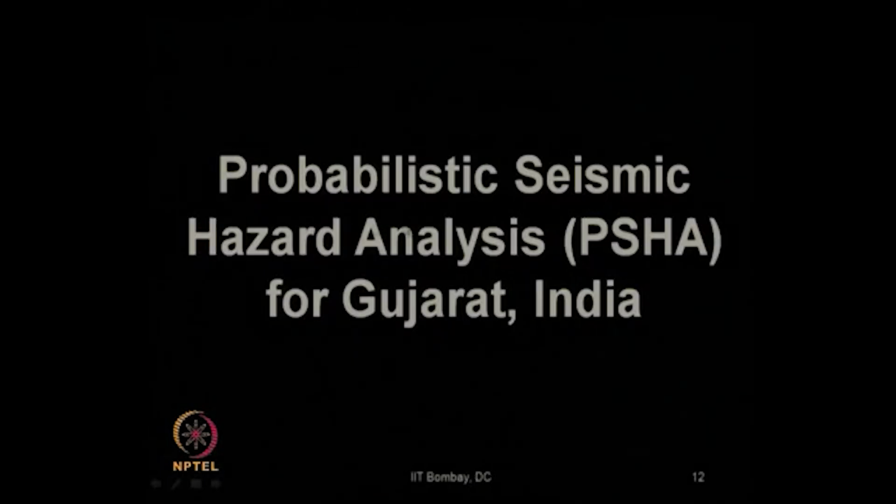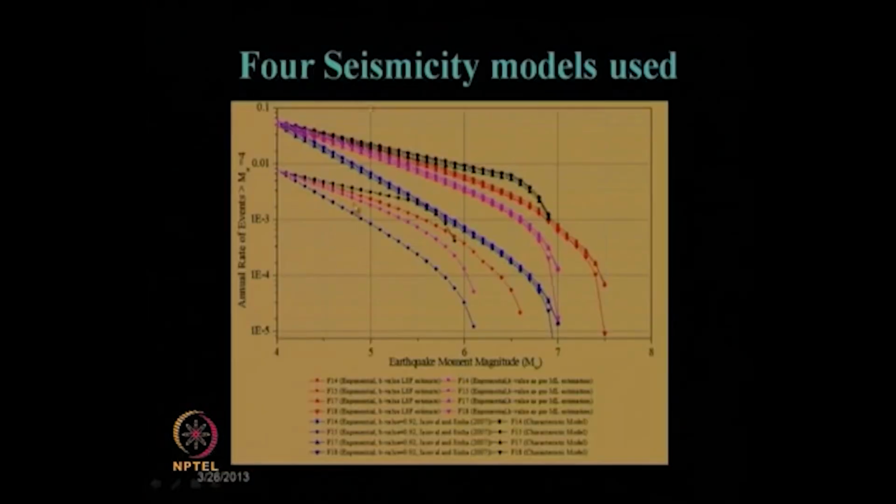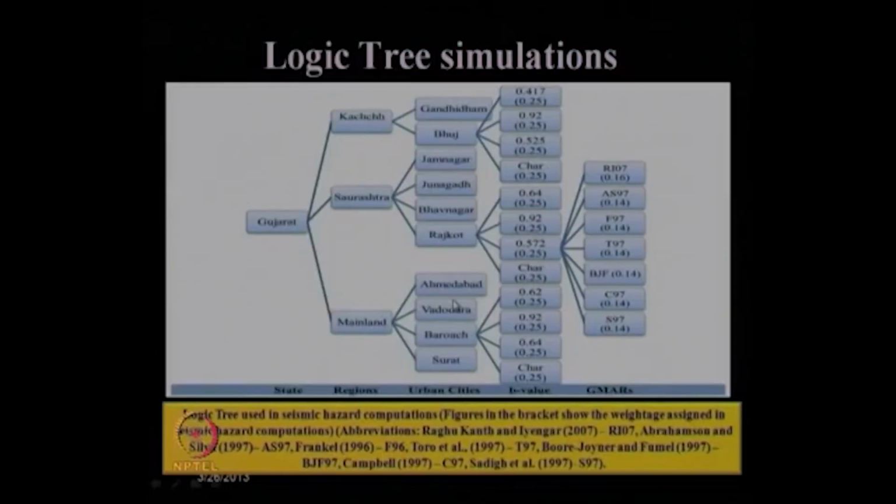Then we have seen that probabilistic seismic hazard analysis for Gujarat was also carried out. For that, 4 seismicity models were considered. One seismicity model is the exponential model using the least square fit method. Another is the exponential model using maximum likelihood estimate. Another is the exponential model using the b value proposed by Jaiswal and Sinha for the entire Indian peninsular region, and another one is the characteristic model. So, using these 4 seismicity models, we arrived at the logic tree simulation for various